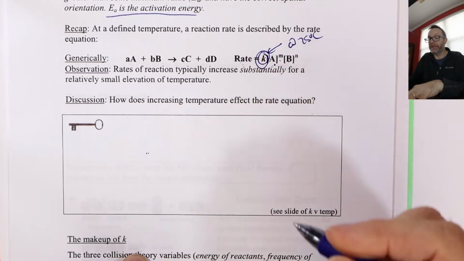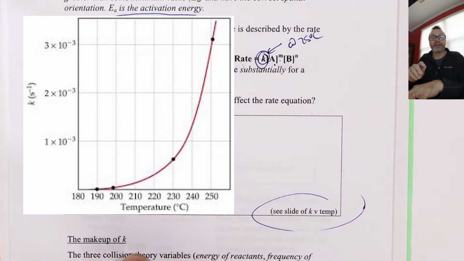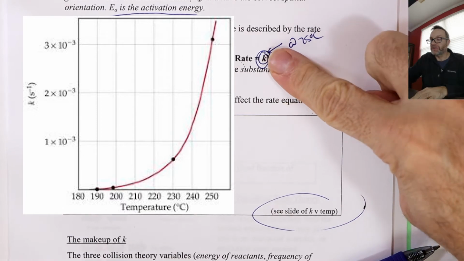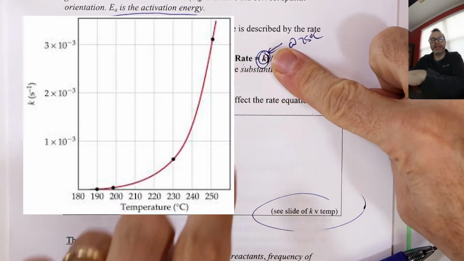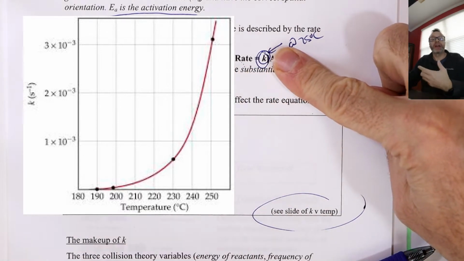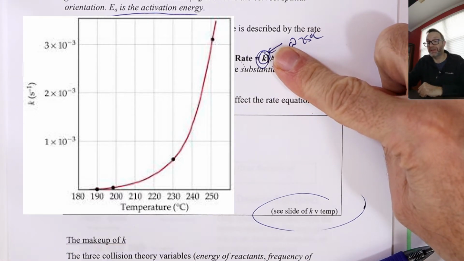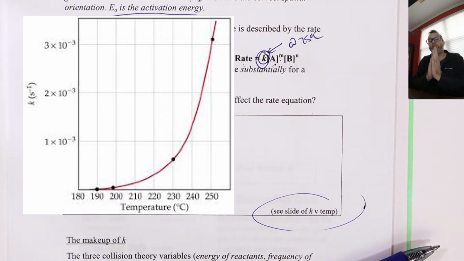The value of K, and I'll show you a slide, hopefully I'm doing it right now if I can find one on the internet, right? The value of K is exponential with temperature, right? So when we think about keeping concentration fixed, rate is proportional to K, the higher the temperature, the higher the value of K, and as hopefully I'm showing you, it's an exponential relationship, okay? So really what we're doing when we do an experiment in kinetics and have temperature as a variable, we're really looking at the effects of temperature on K. And within K,